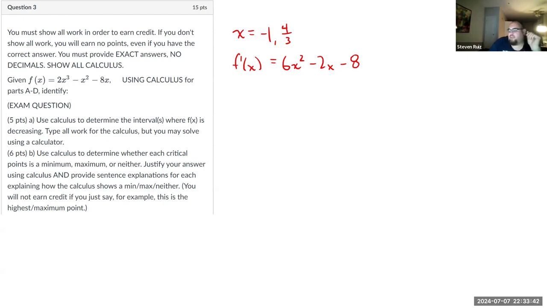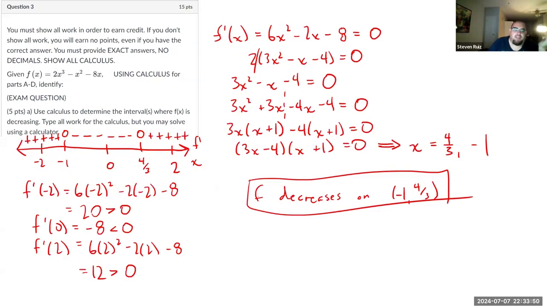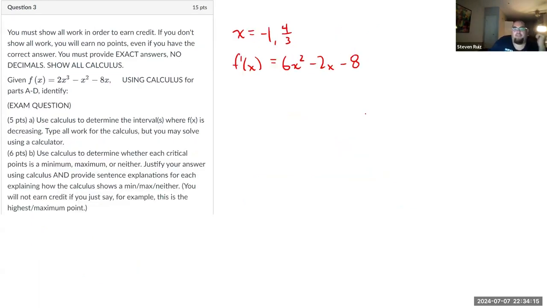So why don't I do this? Why don't I justify one of the critical points using a first derivative test? We already have the first derivative test set up. So let's look at x equals -1. I know I have a critical point at x equals -1. And I know from the sign chart here that when I have x values less than -1, my function's increasing, and for x values greater than -1, my function is decreasing. So that tells me that f has a local max